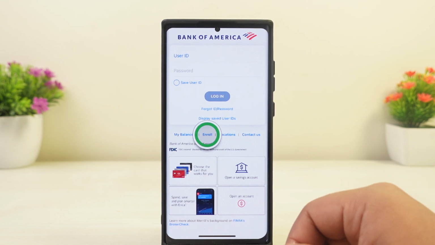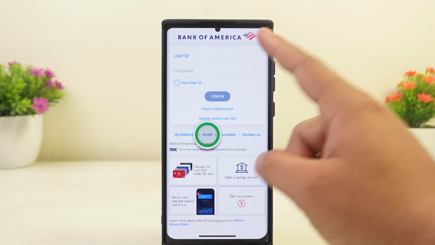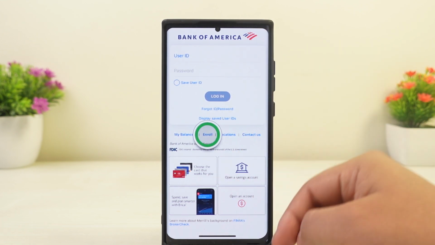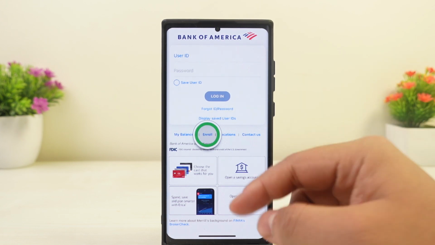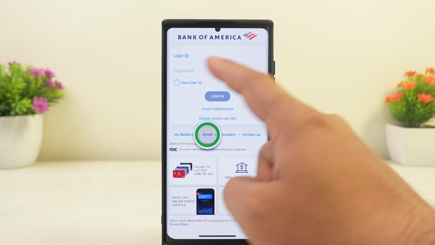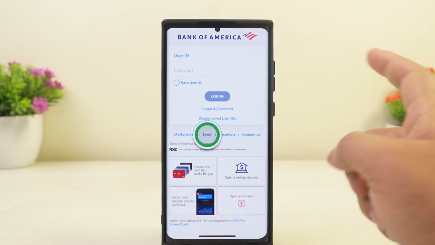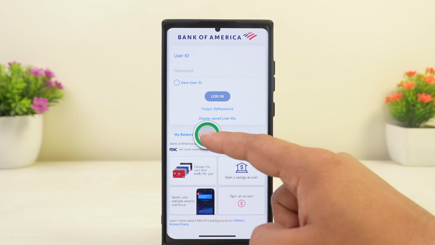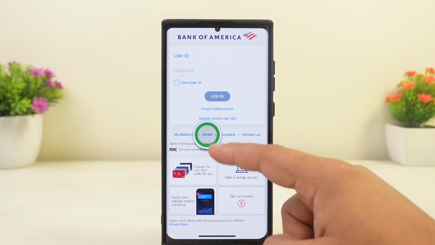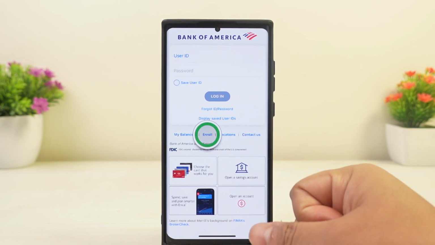Make sure you head over to the Play Store or the App Store and search for Bank of America, and make sure you download this application first of all. Once the app has been downloaded, you'll be taken to a similar interface where you'll see a login screen, but instead of the login option, you need to tap on the enroll option that should be visible on the bottom. You can just tap on the enroll option, and in the next step you'll need to verify